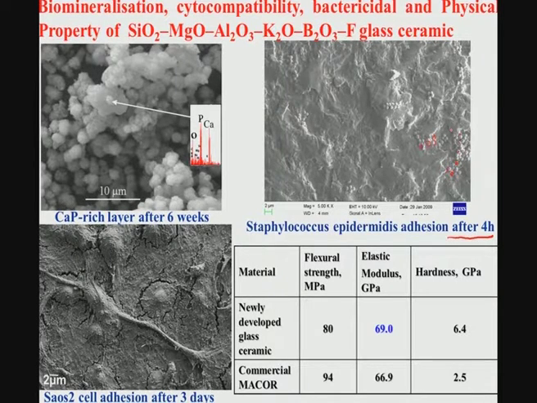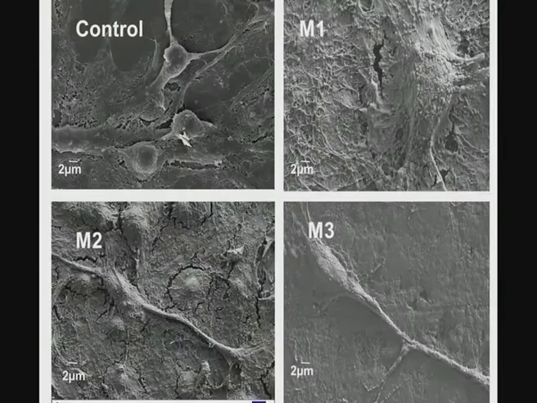Another thing that we have noticed is that when you grow osteosarcoma cells, which are osteoblast-like cells, they show a very flattened morphology and very long filopodial extensions. There are a number of these flattened cells you can see here, and there are also indications of extracellular matrix like layer formation when the cells have reached the confluence state. This is more clear here, and you can see how these filopodial extensions and cellular bridges are forming on these materials.